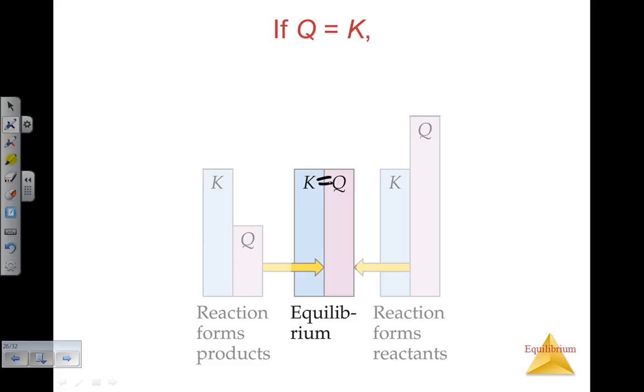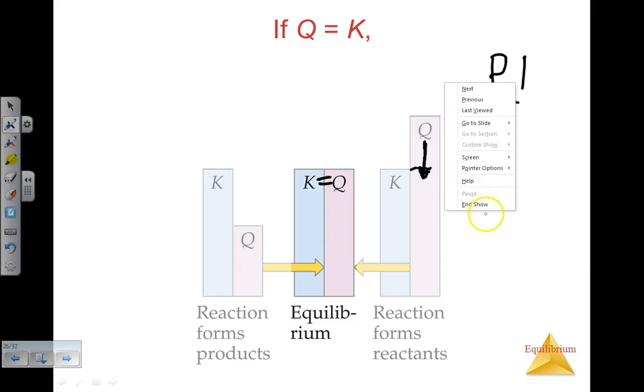What if Q is bigger than K? Well, if Q is bigger than K, and this graphic is very good at summarizing it, that means Q needs to decrease, mathematically speaking, in order to be the same as K. So if I write this mathematically as products over reactants, the only way that I can get Q to get smaller is if I decrease,